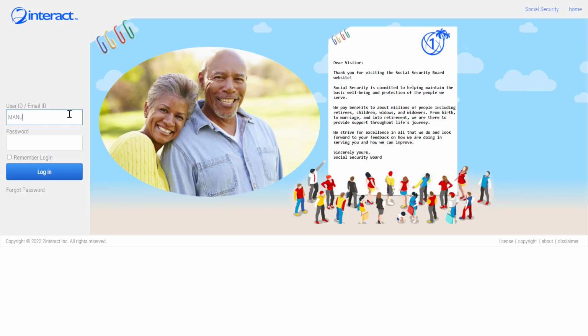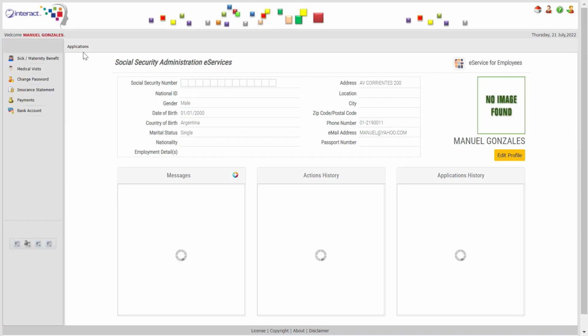The next step is to look at the individual employee's self-service. Ultimately, Interact SSAS is driven entirely by self-service, or e-services as they are called, and this is what fundamentally changes how an entire Social Security Administration can operate when relying on a complete e-services portal. Using the self-service or e-services, the user can update their profile, and they can view the status of all activities